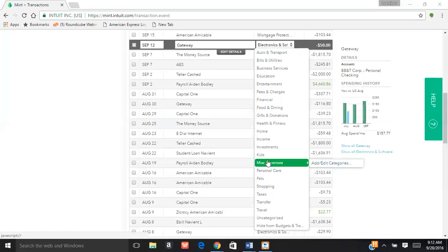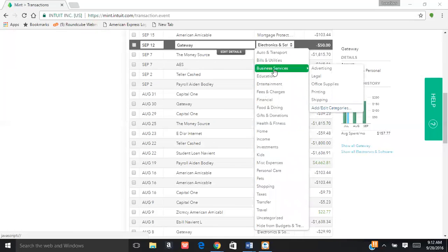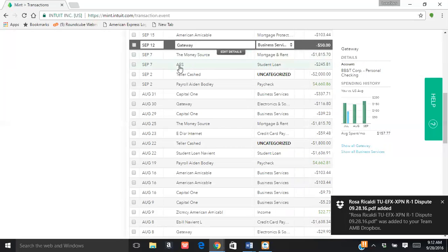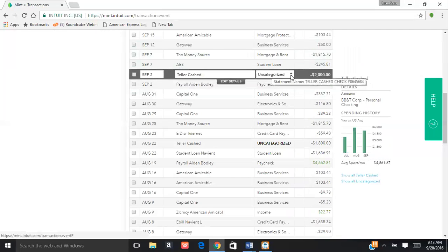For me, since it is associated with a business, I would just make it a business service. I wouldn't go this in depth or even add a category for it. I'm just going to make it business services. The money source is my mortgage. AES already picked up that it's a student loan. Of course, the teller cash, we're going to change that